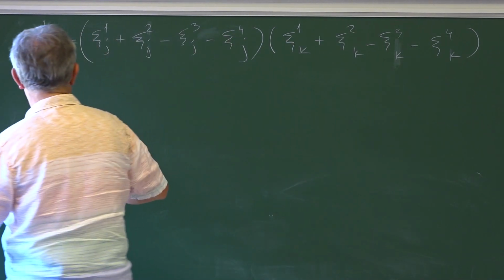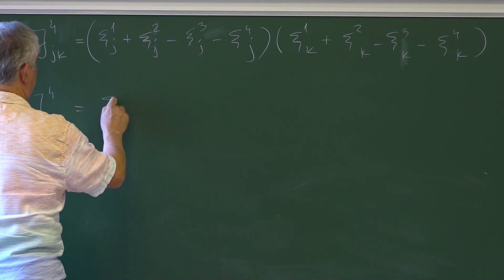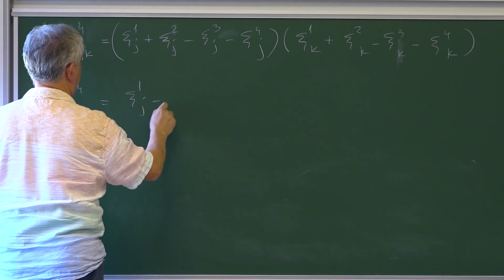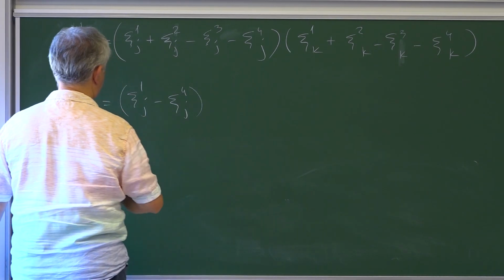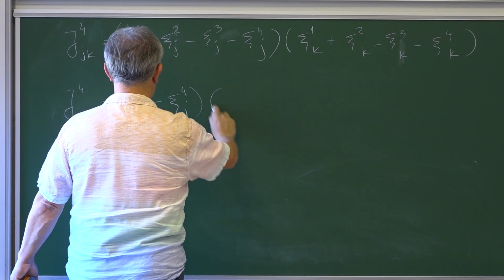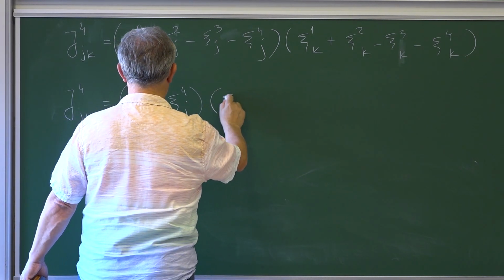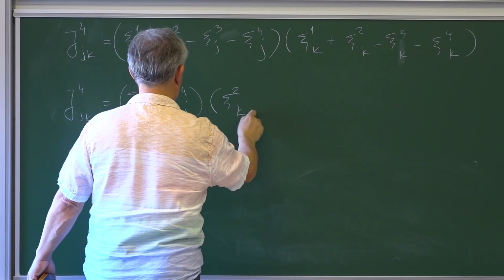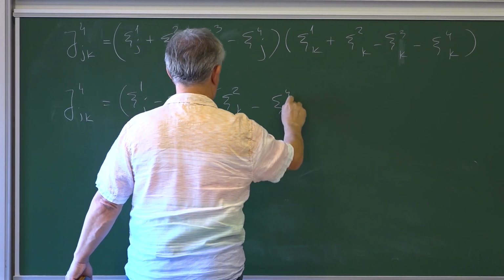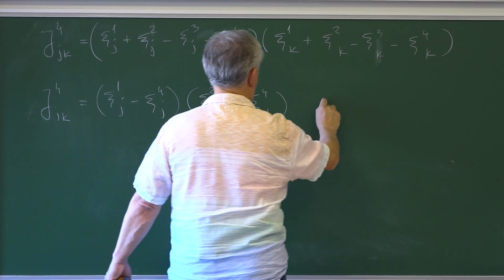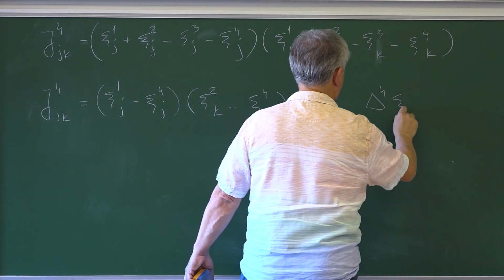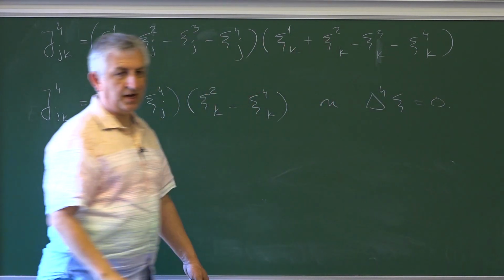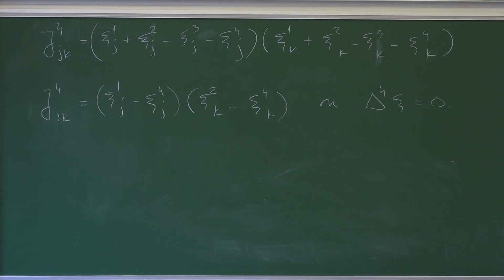Right, so I want to write it as maybe psi 1j minus psi 4j multiplied by something like psi 2k minus psi 4k. This happens on, let's say, delta 4 psi equal to 0, this diagonal set that I was telling you about. All right, and so